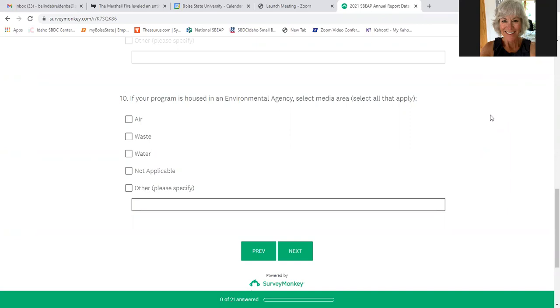In this case, she would put other, and she would put under the bureau, under the agency director. But most of our folks who are in a DEQ or an environmental health and safety agency, most of them are in air. Does that make sense to you? Yes, it does. I just wanted to